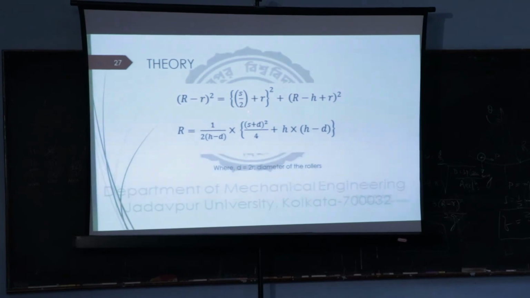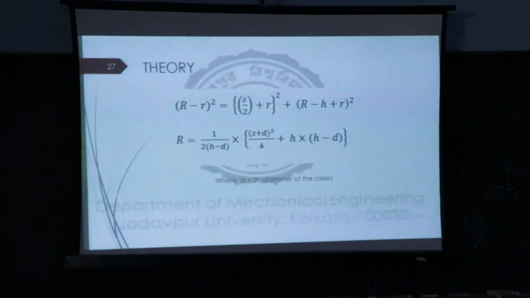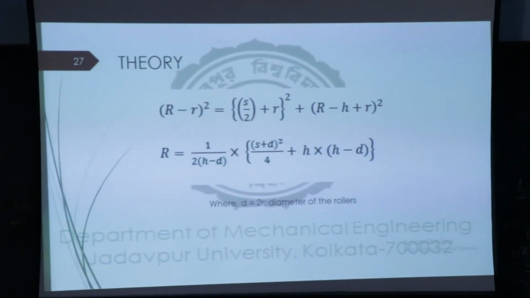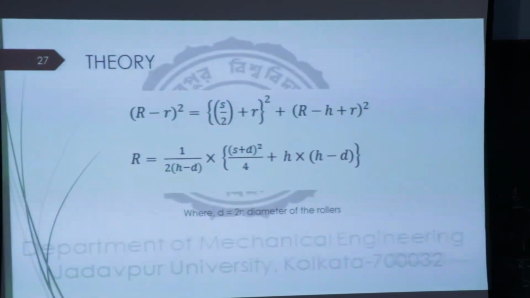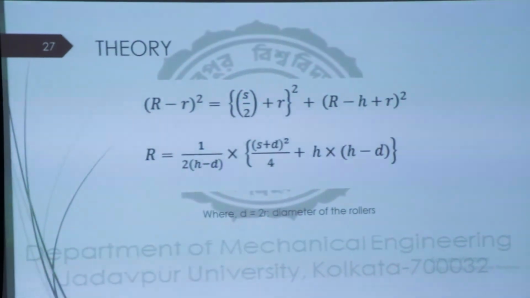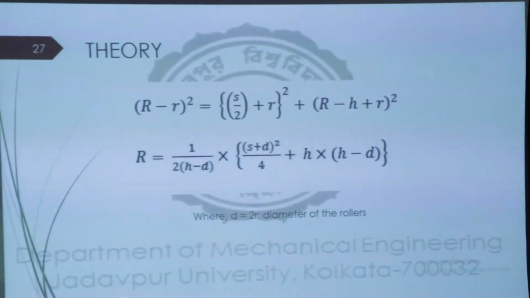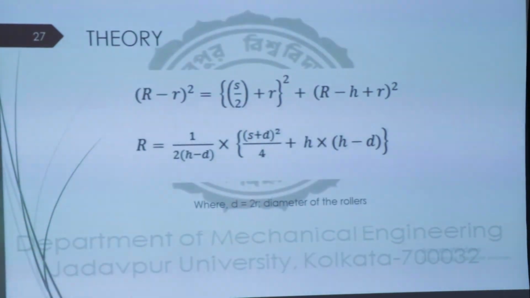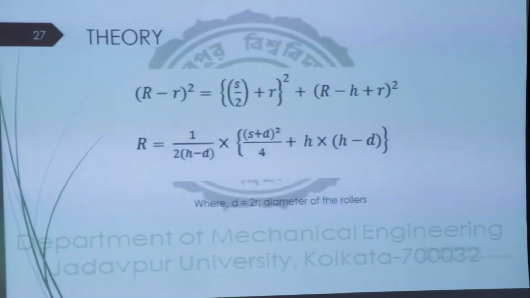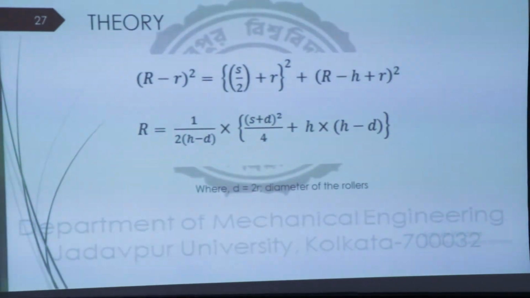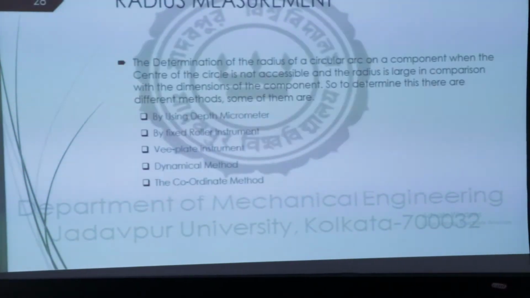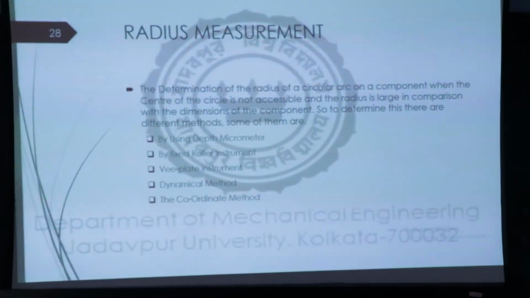smaller r is the radius of the roller that you are using, s by 2, where s is the reading of the slip gauges inside between the 2 rollers whenever they are placed. s is the slip gauge reading, h is the height, okay. There is some mark till the surface plate that will be found out by the vernier caliper. But basically, from the given drawing, it is nothing but an application of Pythagoras theorem. The figure has gone now, not visible.